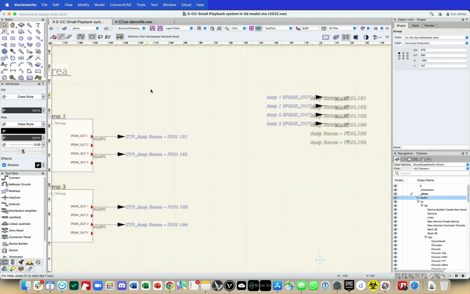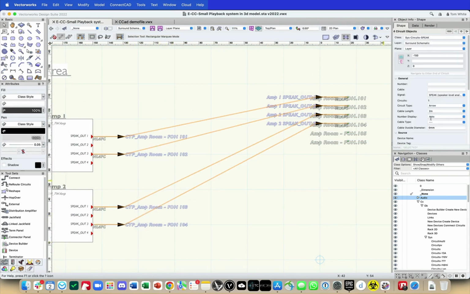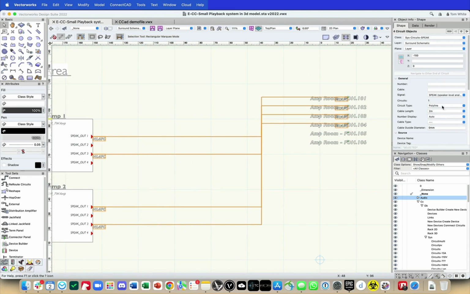Okay. Now let's just go back for a moment to change these to polylines, or rather my favorite, rounded. And we're just going to use the reroute tool to just space these out, just so it becomes a little bit easier to read. So we'll click there,